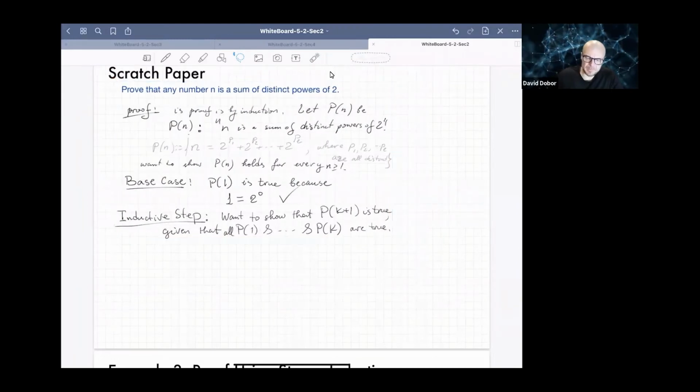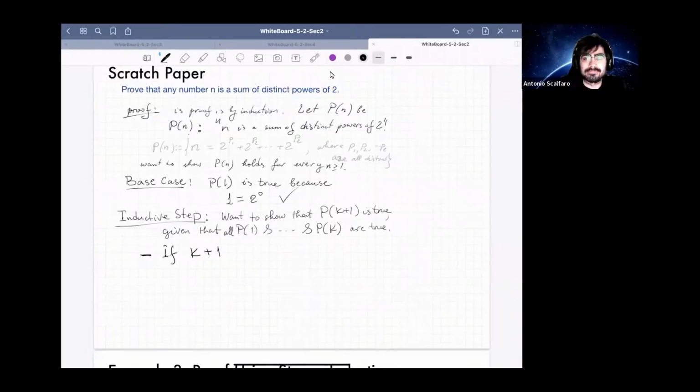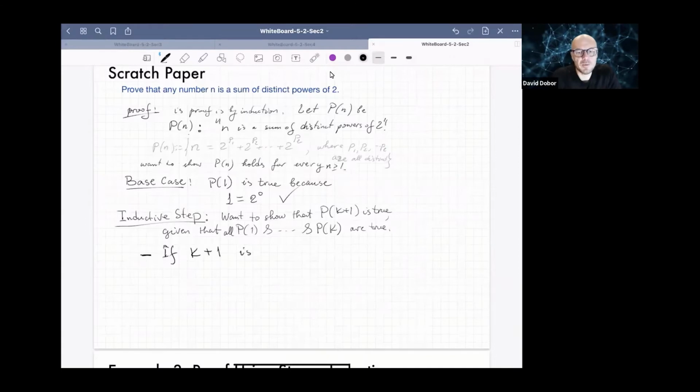How do I show that? So let's do it. If k plus 1 is odd, then help me argue this. If k plus 1 is odd, by the inductive hypothesis,